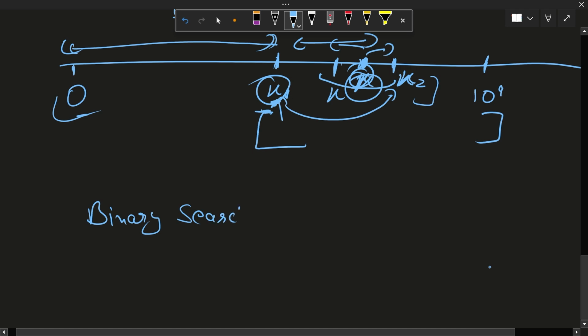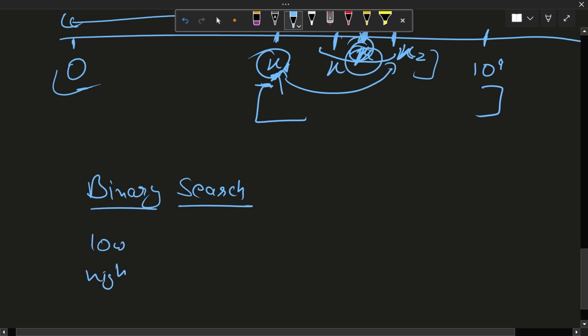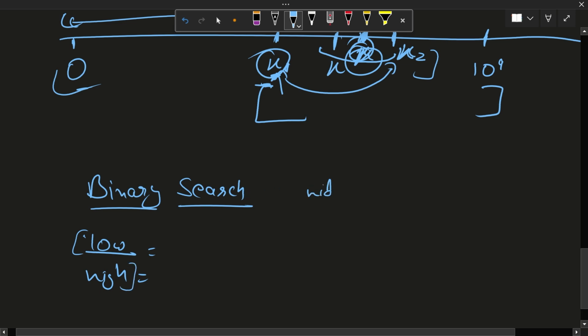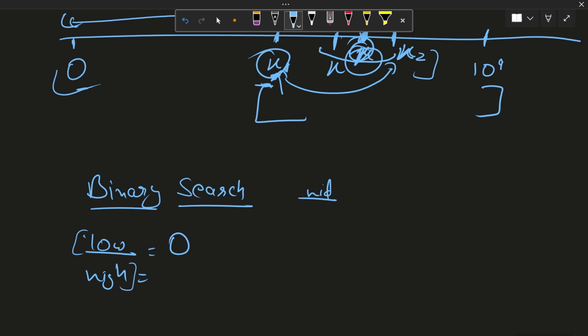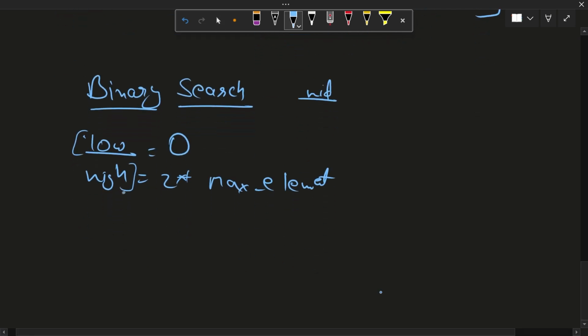We are going to use binary search. So in the binary search, we will have the low and high. Low and high we have already discussed. Low and high represent the range where our mid will lie. So low will start from 0. This is the least value that our k can have, and high will start from 2 into max element. Right? This is the largest value that our k can have. And we will similarly iterate for our k in the while loop while low is lesser than high,